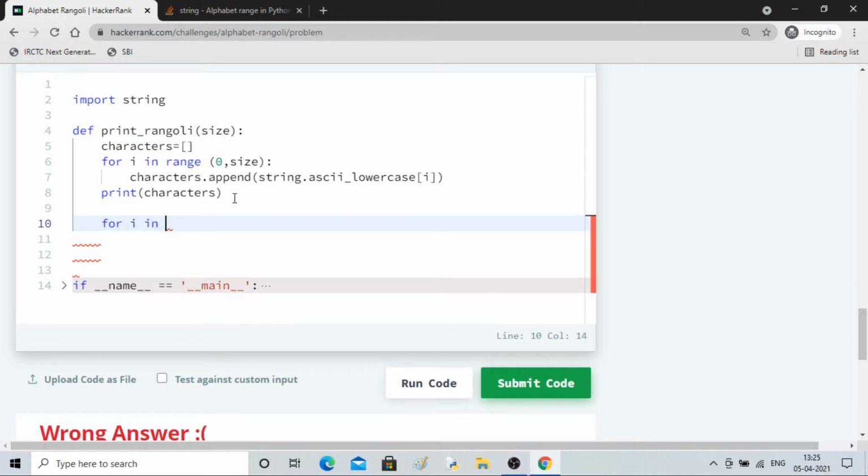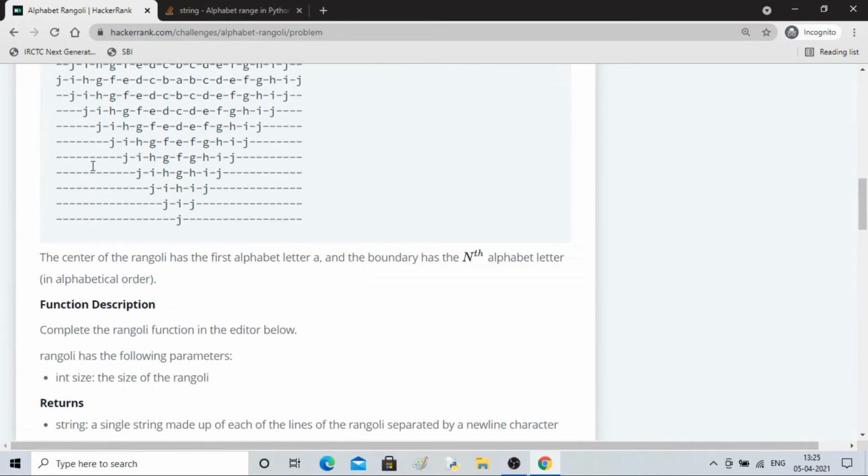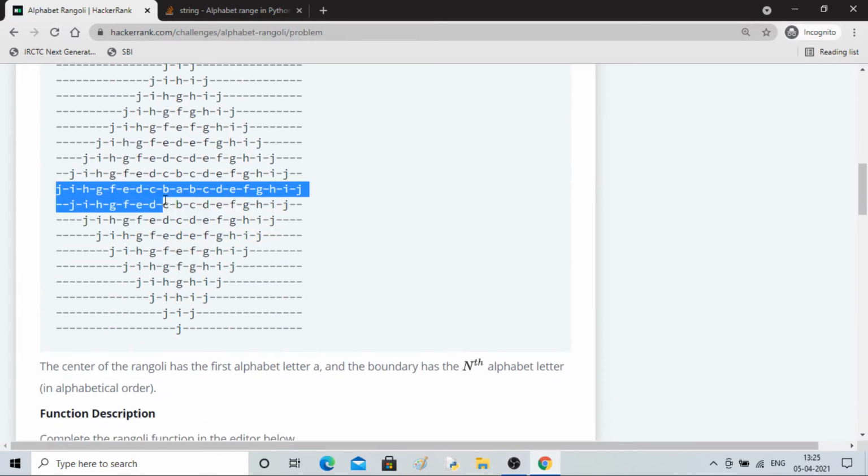For loop i in range, from 0 to the number of alphabets we have in characters, the length of that. Since we have 5, A B C D E, you can see there are 5 rows. Similarly, if n is 10, for the bottom left corner you have a total of 10 rows, 1 2 3 4 5 6 7 8 9 10.